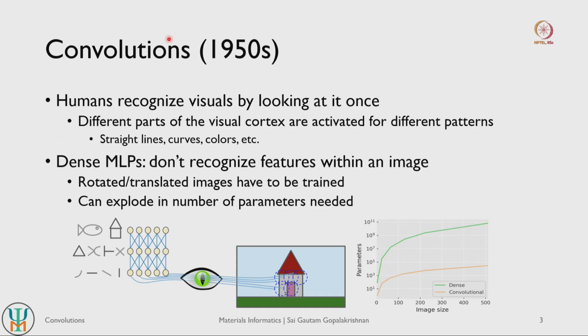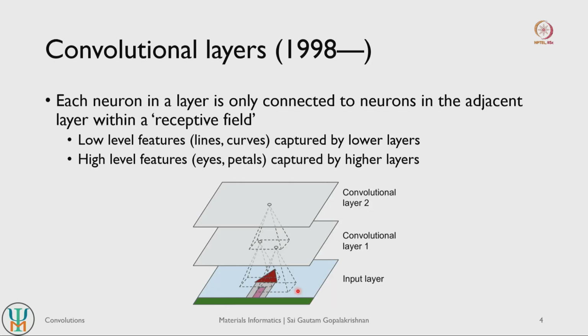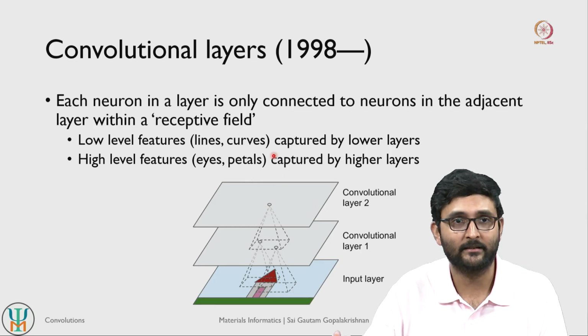So convolutions are a very useful mathematical technique that mimics how the human visual cortex learns. It learns by decomposing a given image into smaller features, and then it combines the different features of the image to identify the final image. The other powerful thing about the human cortex is that it also recognizes similarity in shapes across different parts of the image. So it recognizes that these two straight lines are similar. That's another nice thing about the human visual cortex. So convolutions are a mathematical technique that mimics the way the visual cortex works. So let's see how convolutional neural network layers actually work.